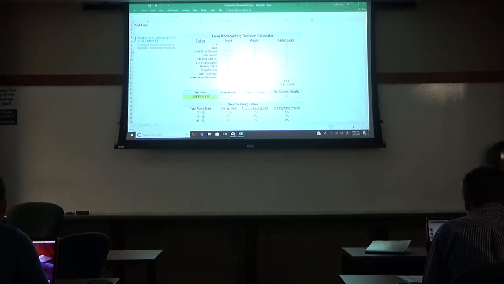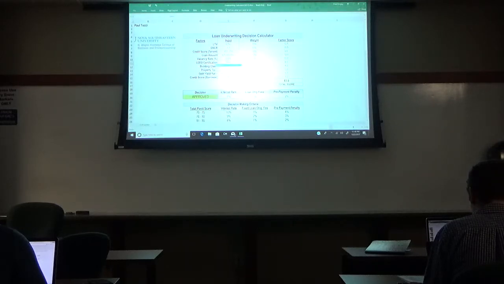Our highest ones, we had LTV, DSCR, and credit score for the tenant. We viewed those as the most important, because the creditworthiness of the tenant is where the lenders are focusing now. Then our middle importance factors: loan amount, vacancy rate, and LEED certification, based off platinum, gold, silver, with the top being the highest scored and not certified being the lowest scored. After that, building class A, B, and C,